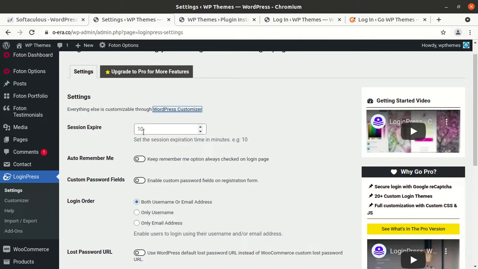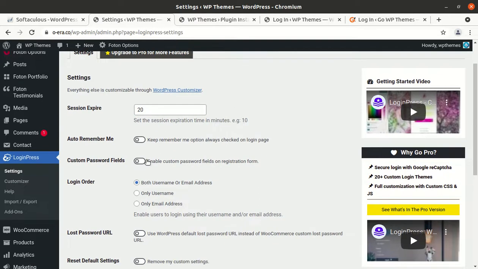It gives you the privilege to set a session expire time, like if you want the login screen to be disabled or refreshed after a certain period of time in minutes. By default it is set to 10 minutes, so if you want to keep the session active for 20 or 30 minutes, you can simply put the number and it will be set as the session expiring time.